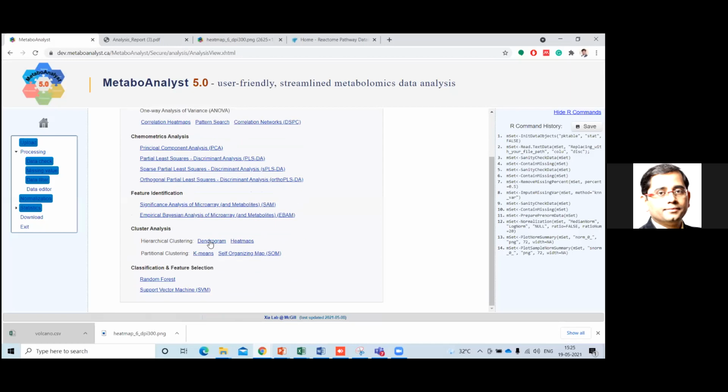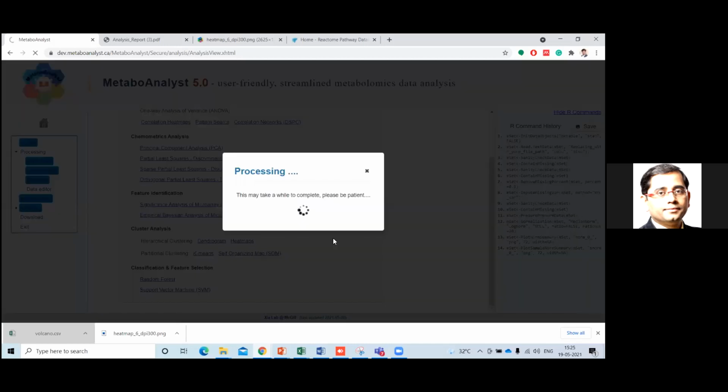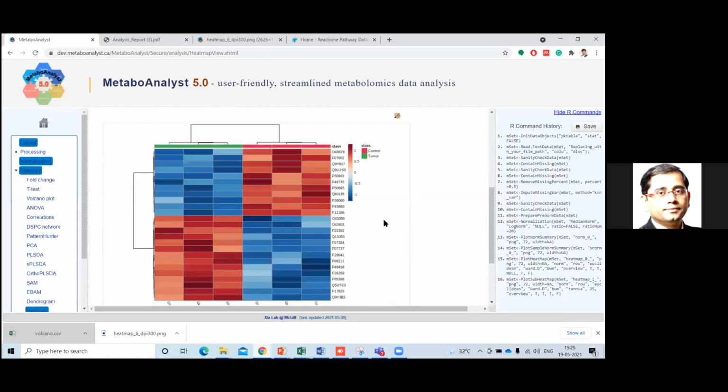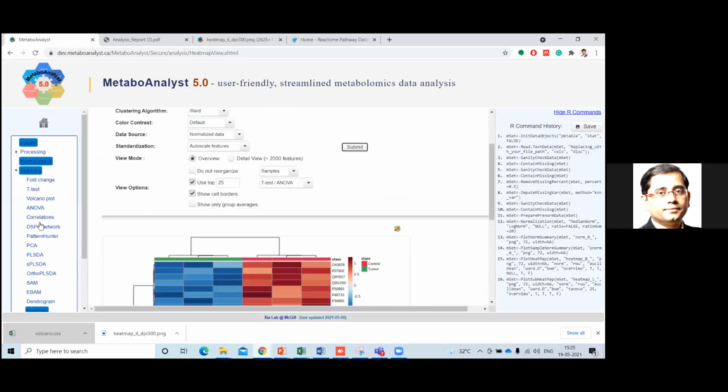We can do the cluster analysis and select heat maps. I have already told you what heat maps are. Keeping everything as default, we will click use top 25 and submit. Once we do that, we get the heat map, right? Like this, you can go to each of these steps and select any of the plots over here.